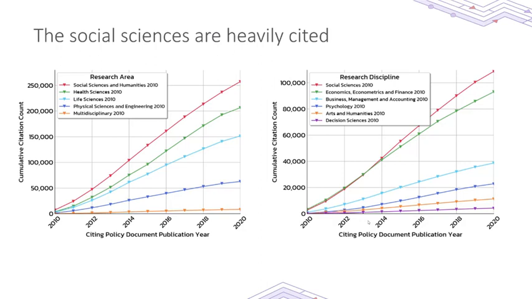It's flipped. The social sciences and humanities is the broad subject area that gets cited the most in policy. And actually, the harder the science you are, if you're organic chemistry or quantum physics or something, the less likely it is that you're going to be cited at all. Which makes sense. Policymakers just aren't citing quantum physics papers. What they are citing, if you look at the right-hand graph where we've broken up social sciences into the different subdisciplines, is economics and psychology.